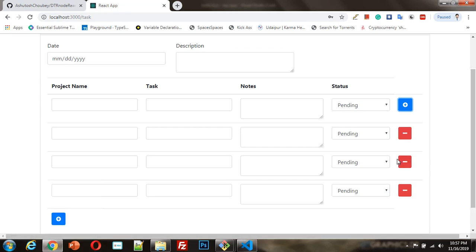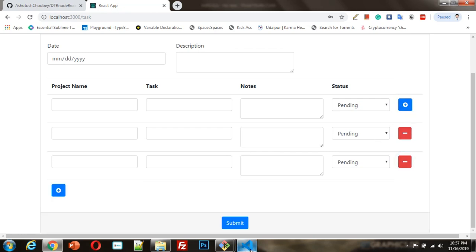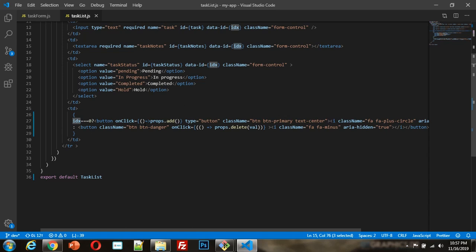But if you want to delete some particular row, you can also do this, just click on the minus icon. How does this work? I am using the ternary operator for handling this. If the index of that particular array is 0, then for index 0 it will show the plus icon, otherwise it will show a minus icon.